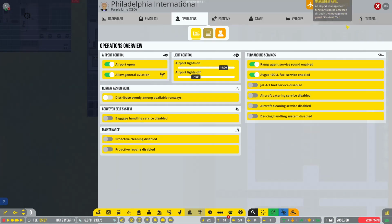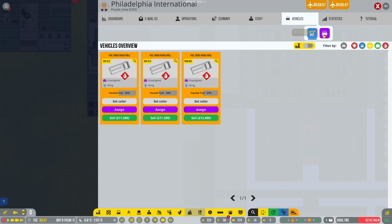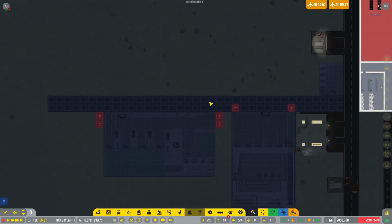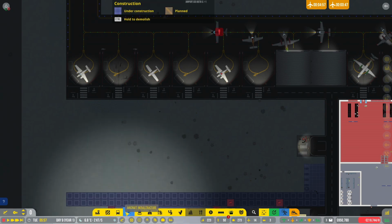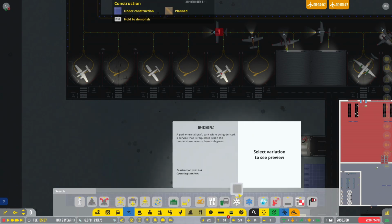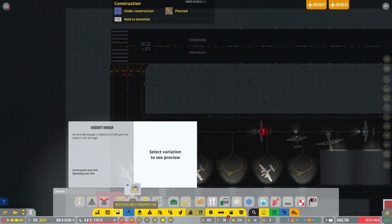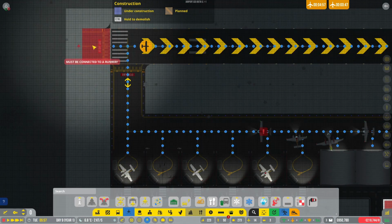That's good. Can we now buy the vehicles? We can. So we'll need catering trucks. I guess 4. Gonna need those. Gonna need them built first. The other one that we need to fit in somewhere, which is going to be slightly more tricky, is the de-icing pad. Now, I'm not entirely sure. I did have a thought, yeah, that's not going to work. Can't enter the runway from...